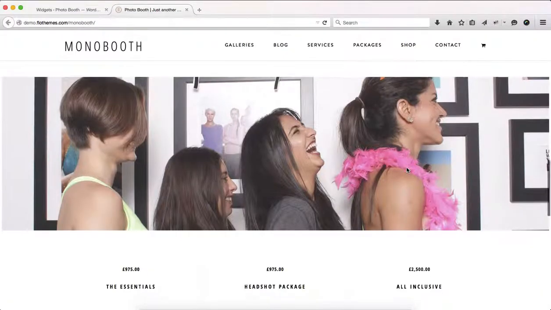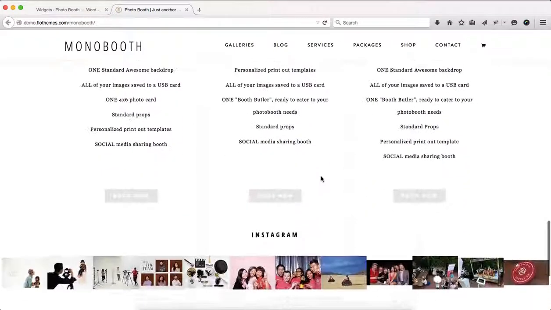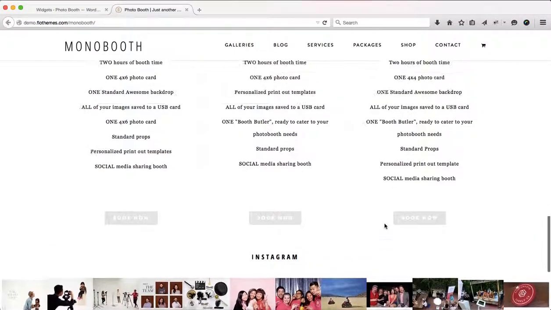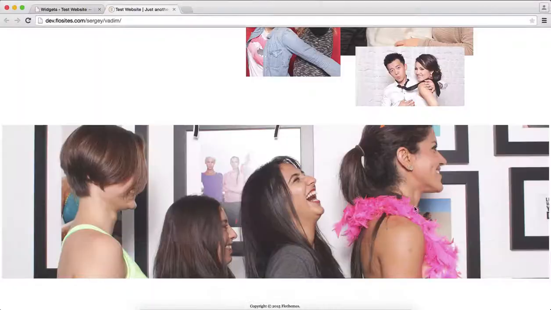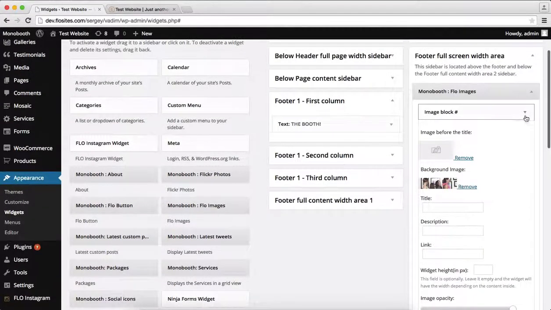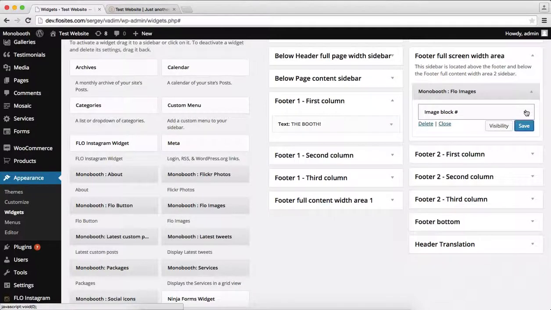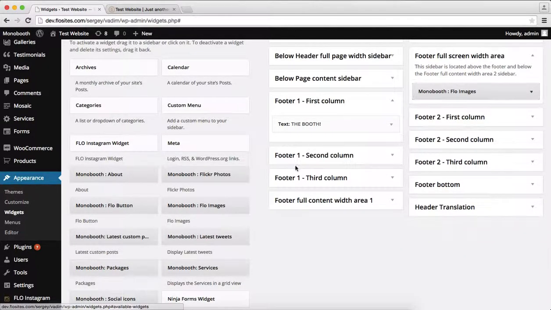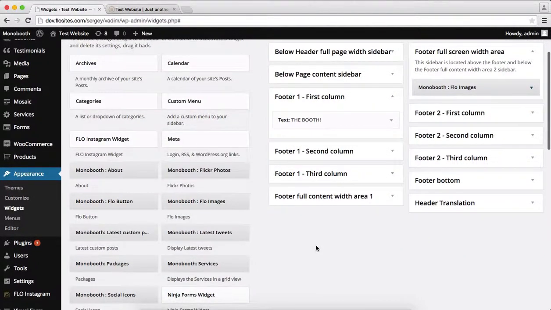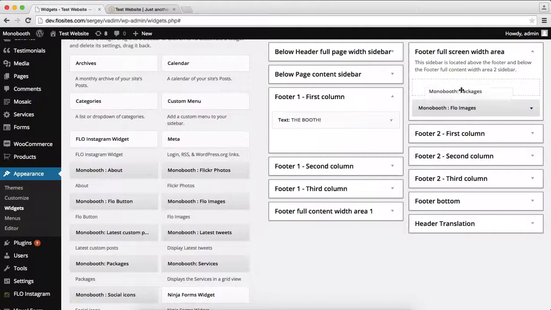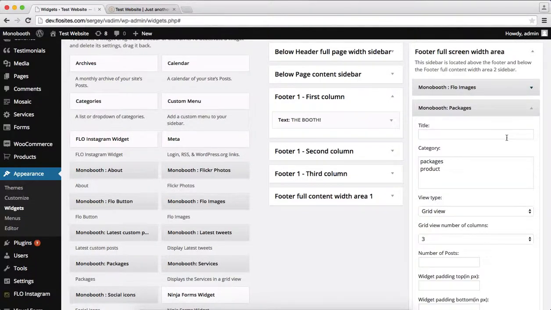Okay, so next off, we'll go ahead and add the following packages, and we'll go ahead and add the Instagram as well. So yeah, let's go back to our widget area. We'll close this image block. Okay, and what we'll need to do is we have this Monobooth packages widget, which we simply need to drag and drop into this area over here, just like that. Okay, so at this point, we'll need to select our category of products that we want to add into the following area. So we'll go ahead and select packages,